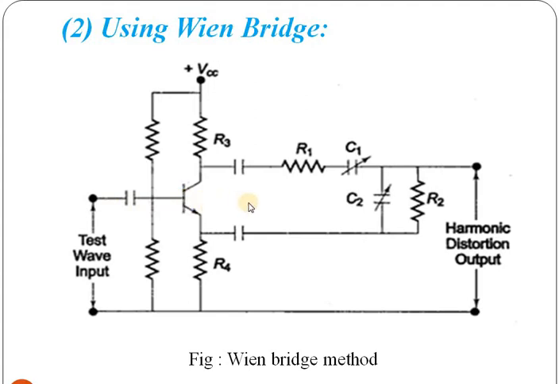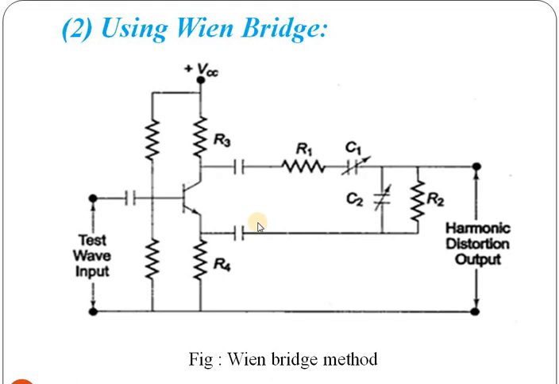From the collector terminal we have a capacitor and resistor combination, and from the emitter we connect a combination of RC in parallel to the collector and emitter. Finally it will form the RC network. At the collector terminal we have the final harmonic distortion output. From collector to ground there is the harmonic distortion output terminal. So this is about the circuit functioning.